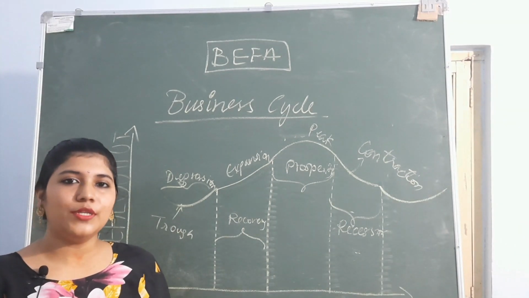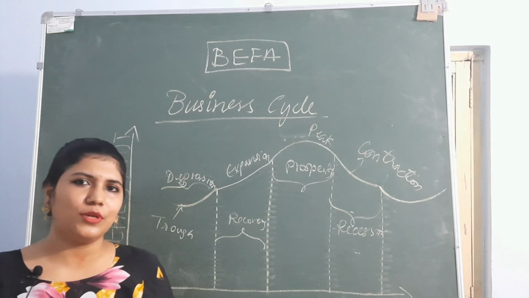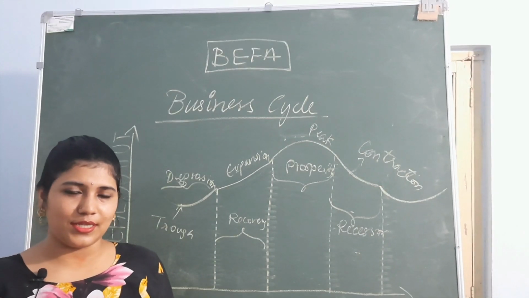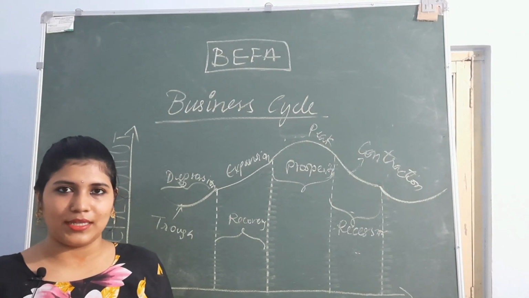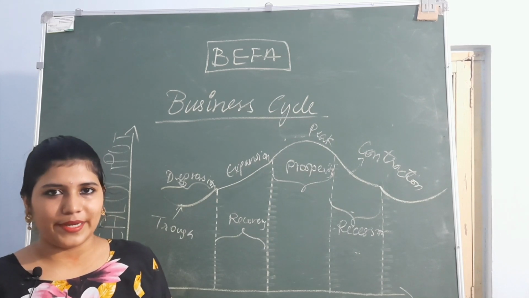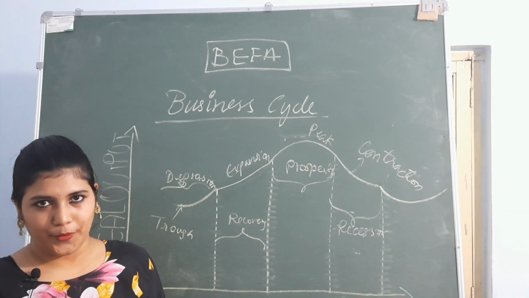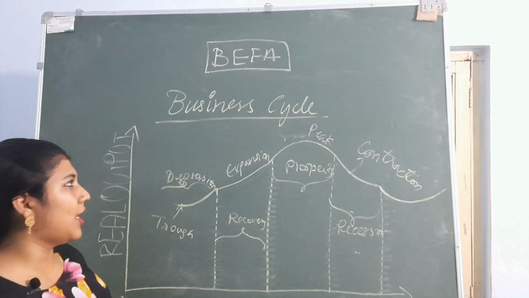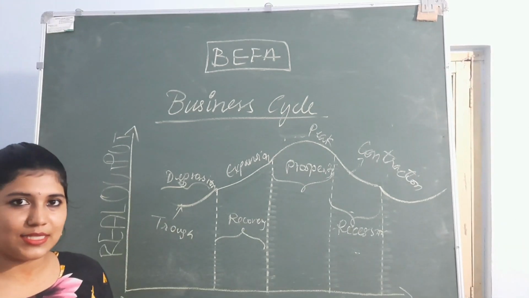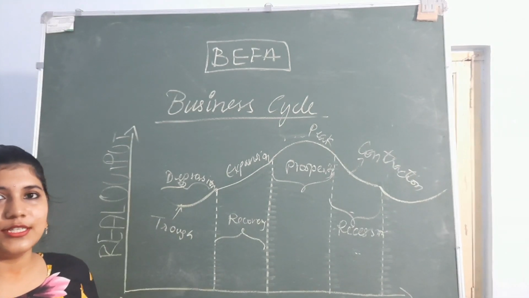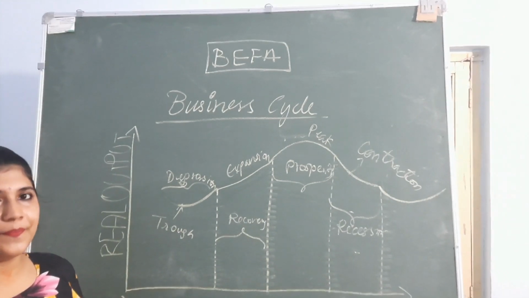In the last class, we discussed the business cycle and its features. How many of you remember the points? Only 4 points were there in the features, such a small and easy answer. Please comment and let me know what those 4 points are. Now let's go on to the business cycle, the very interesting part.